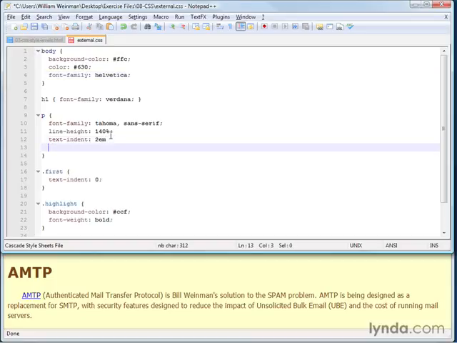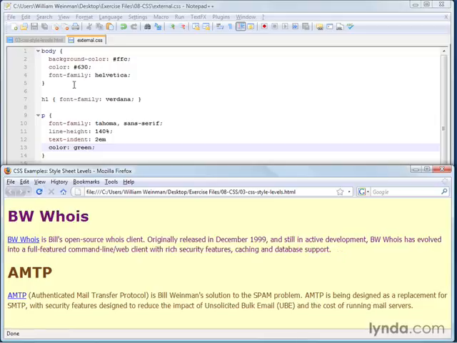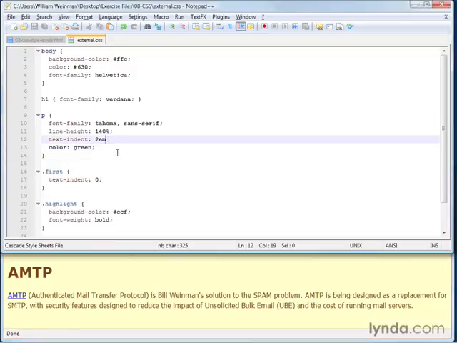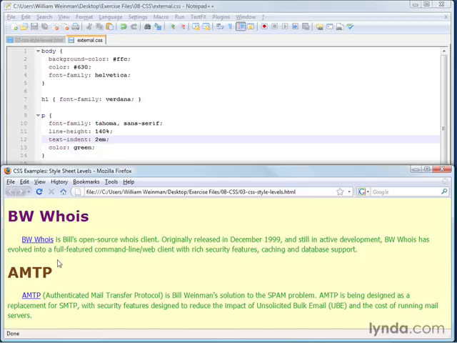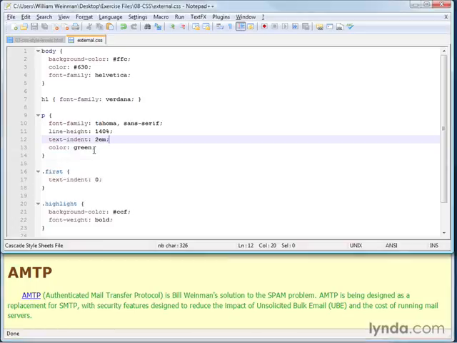If I omit it here and I decide I want to add a property after it, and I say, color equals green, then it's just not going to work. You're not going to see the color equals green. You also won't see the indent. I'll go ahead and I'll save that and I'll show that to you. This is an error. And so the reason for that is that I eliminated this semicolon. I didn't use it as the last one, and then I added something and I forgot to put it in there. So if I put this back in, then we'll see the color will become green and we'll have the indent again. So that's why I go ahead and I use them anyway, even though they're not required on the last element.